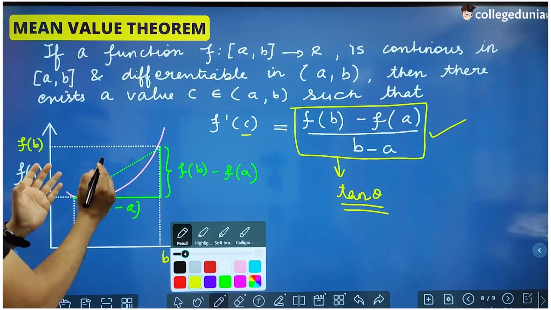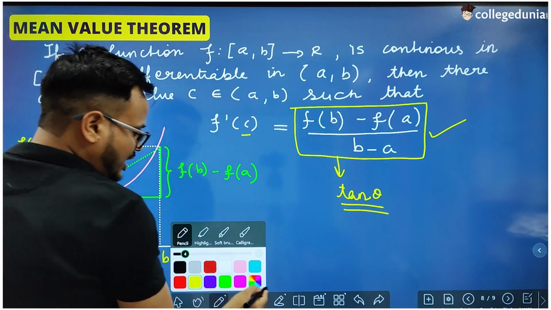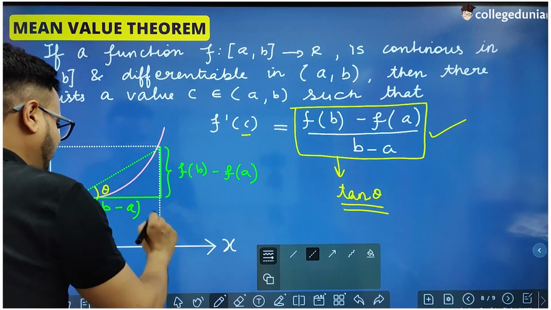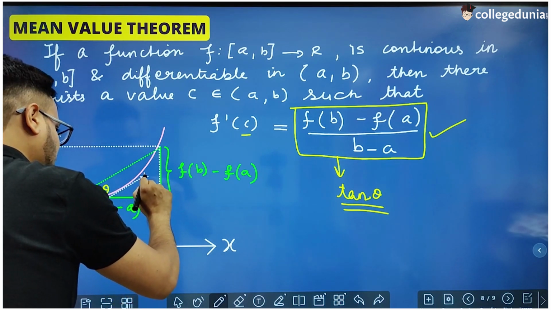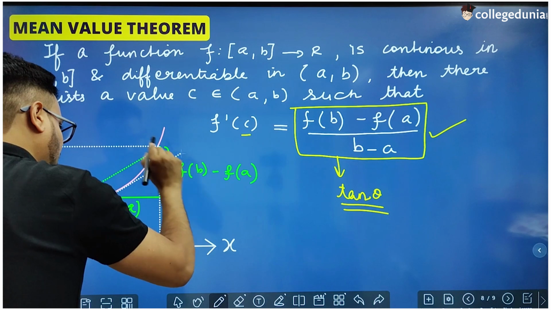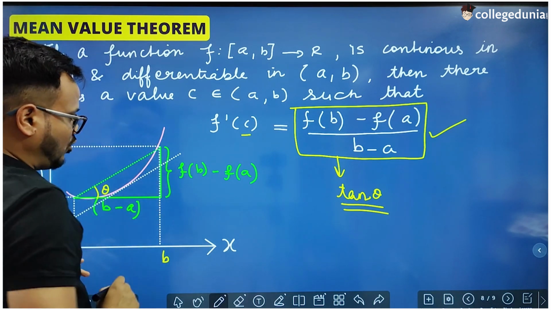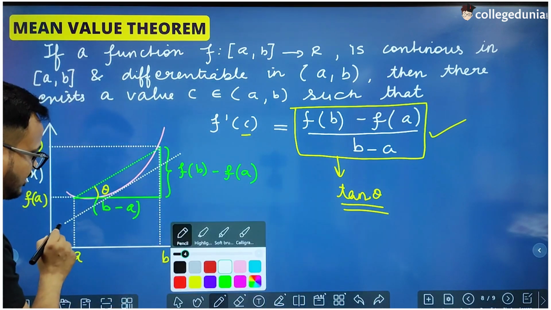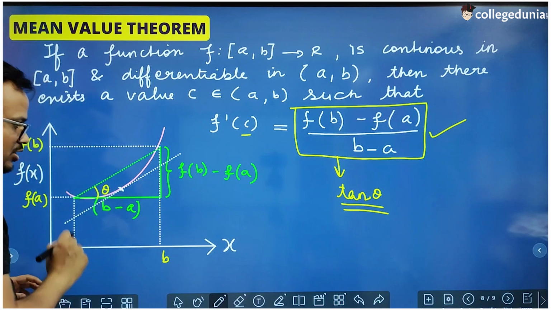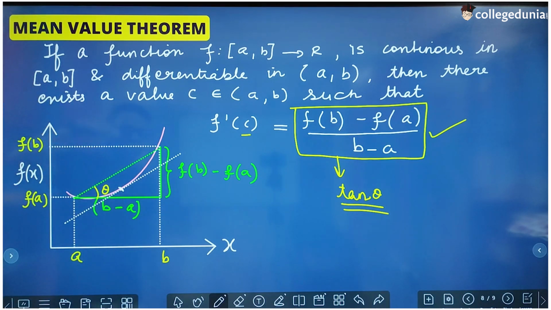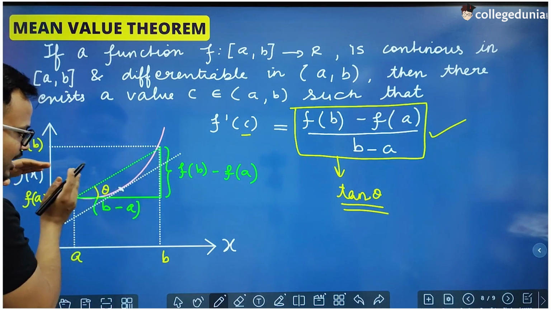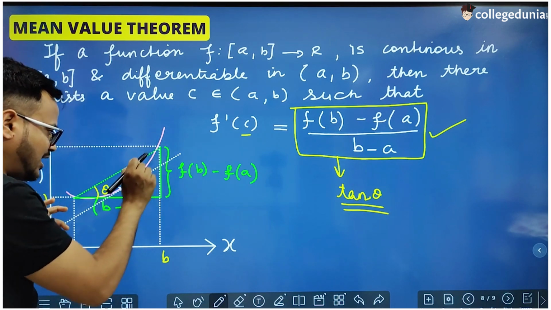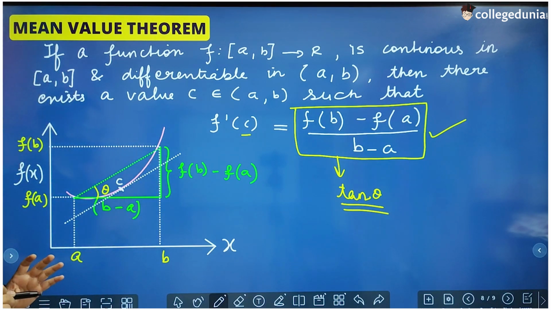Okay. Then obviously you can clearly see the shape of the graph or any other shape of a continuous function from a to b, we can make a line parallel to this line at any point which is on the graph of our function. So we can say that this dotted line is tangent at this particular point, right? You are getting my point. We have drawn a line parallel to this line which is a tangent at a point c on the graph of the function f x.